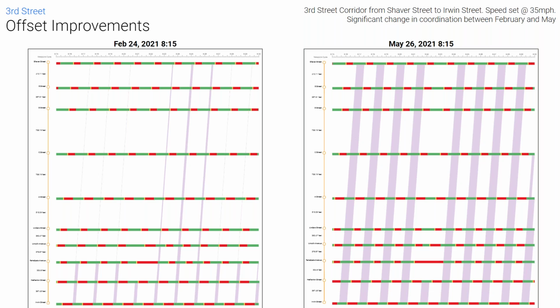Sorry, yeah. The reason I put that there, the corridor was always set at 35. It's just within our tool, you can change the speed when you're looking at the space time or the time space diagram. So here I kept it at 35. If you wanted to go into the tool and change it to 30 to see if that improved coordination, you could, or set it to 40 and see if that improved coordination, which probably wouldn't be a good thing. I just wrote that there to show that that is the speed limit, that is what this diagram is set at, but you can also change the diagram to see what effect that has on coordination.